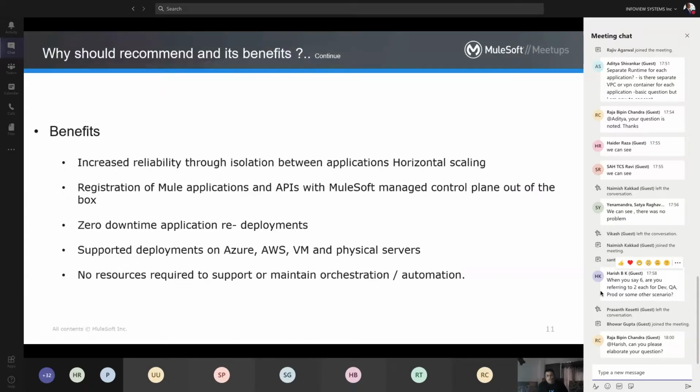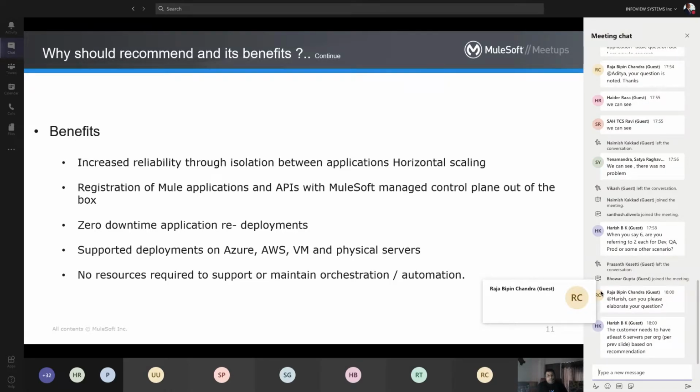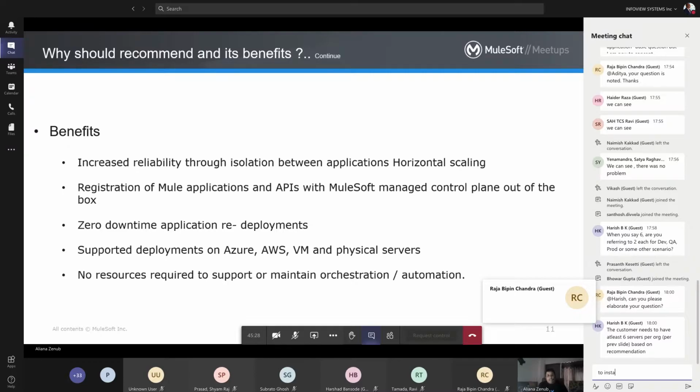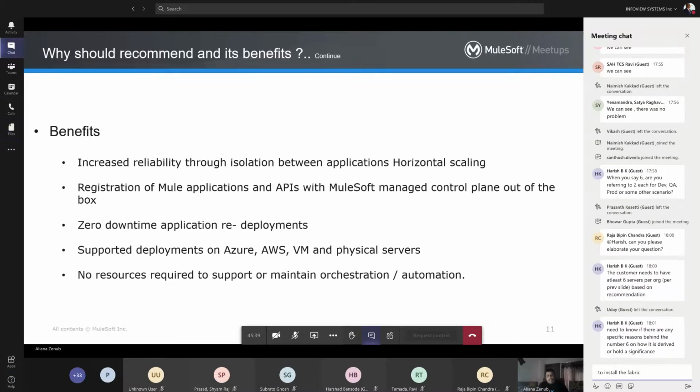If we redeploy or update a clustered application, it creates another container for the new changes. Once that container is ready and registered in the controller, it diverts all requests to the new deployment and starts destroying the older container.